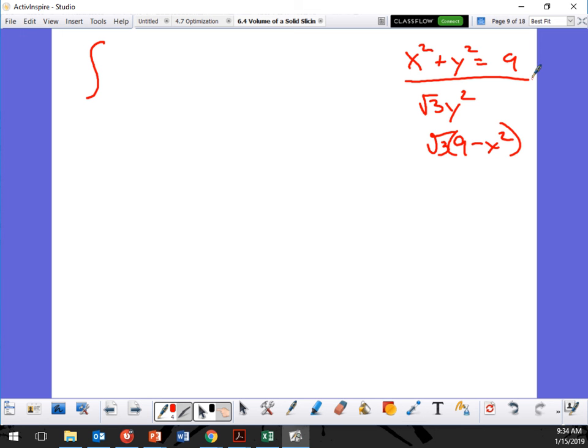So yes, you were right. I need it in terms of x. That's where I messed up, because my bounds were 0 to 3 from there to there. So it's going to be, let's see, put rad 3 out front of 9 minus x squared, and that's my dx. So, I feel really bad. Thought I had this too. I was like, man, God. Okay, so